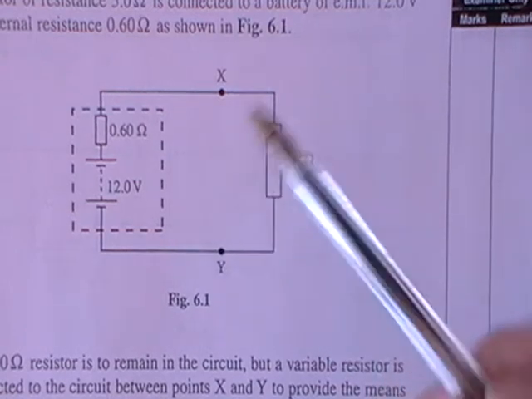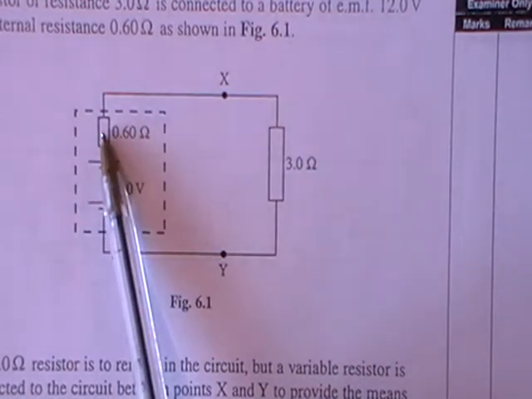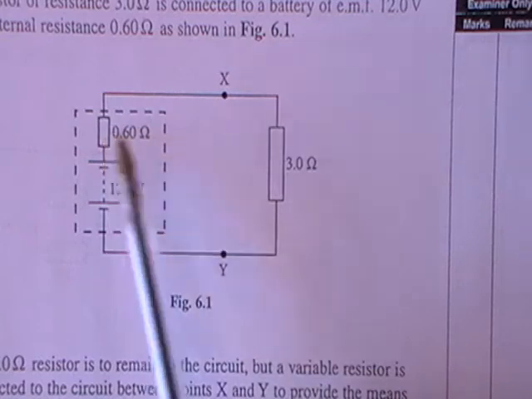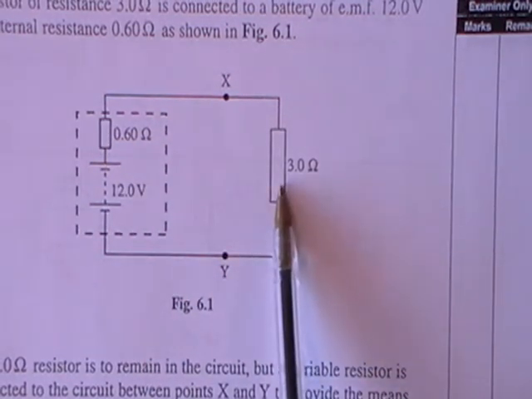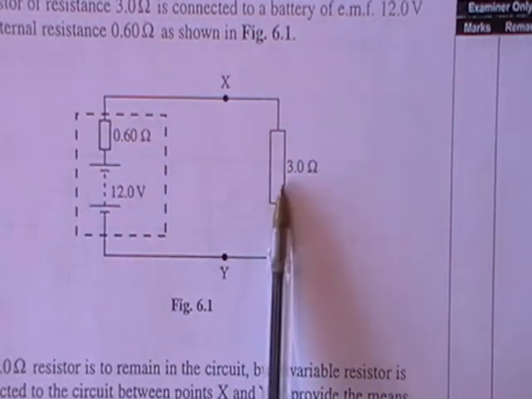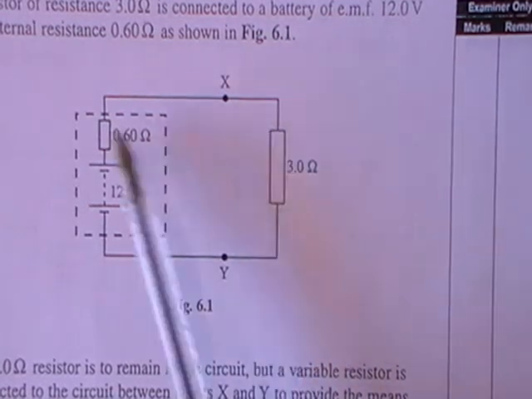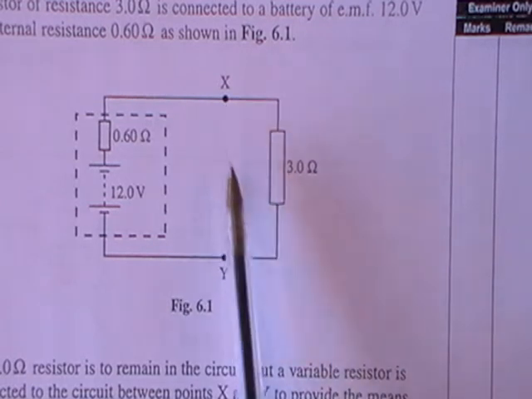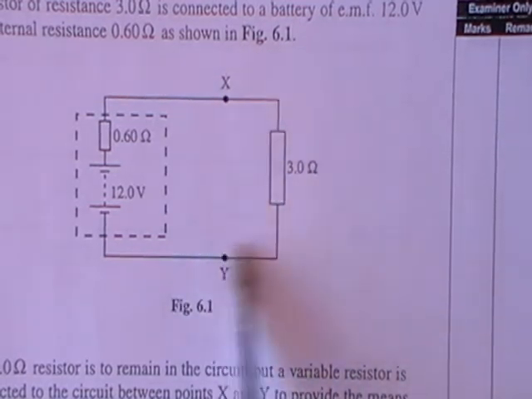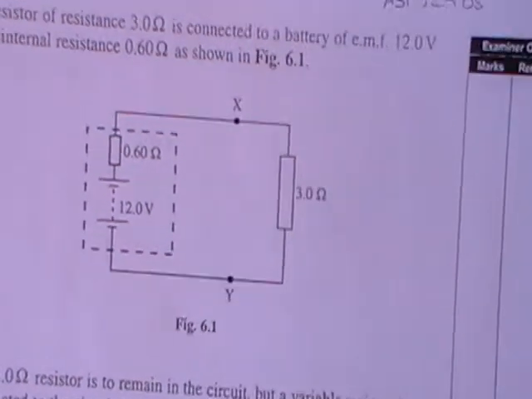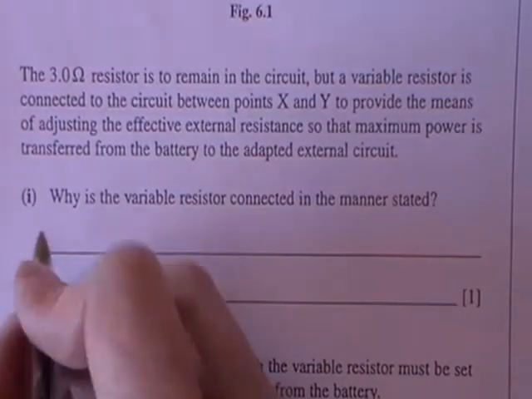Maximum power occurs whenever the resistance of the internal resistor is equal to the external resistance, but this is much bigger. So you'll get maximum power transfer if that 3 ohm resistance is reduced to 0.6. And the only way of doing that is to connect another resistor in parallel with it to reduce the overall resistance. So to write that down, to reduce